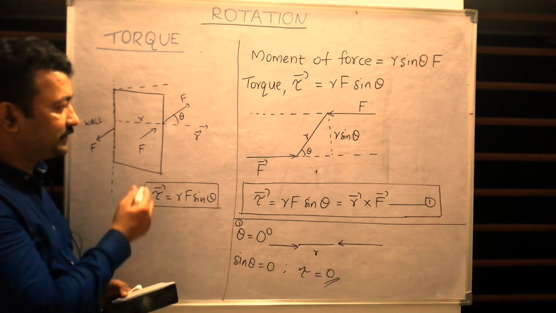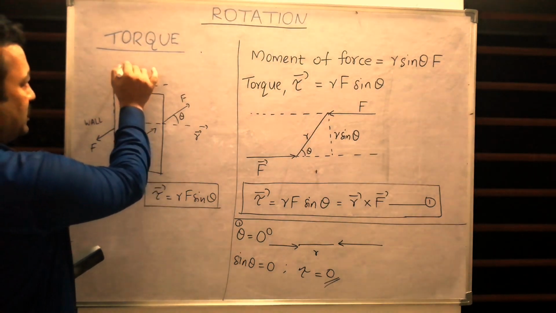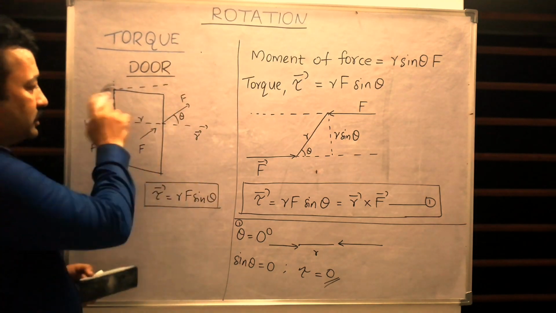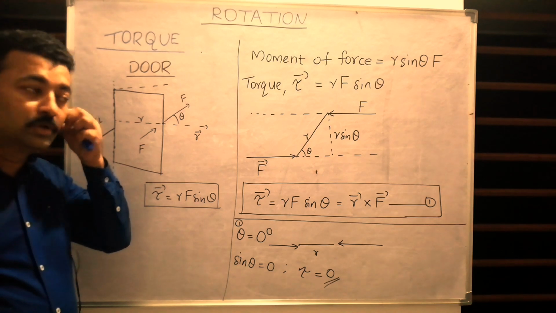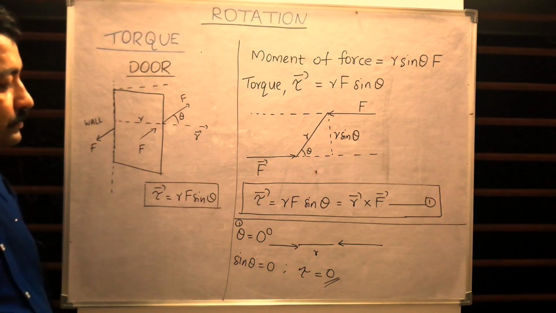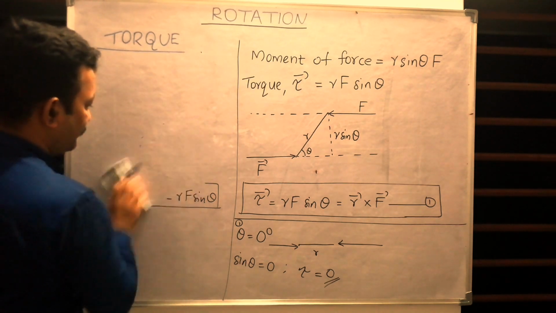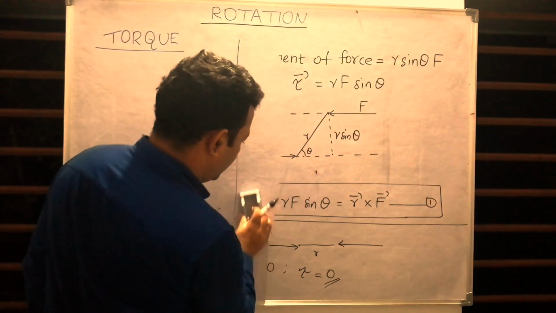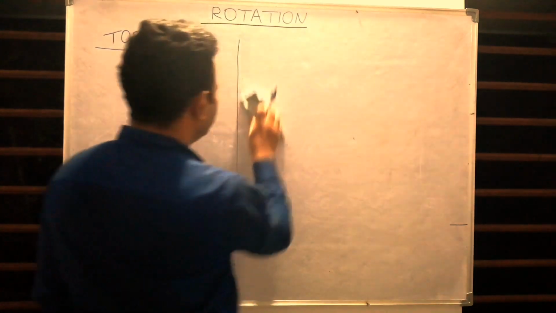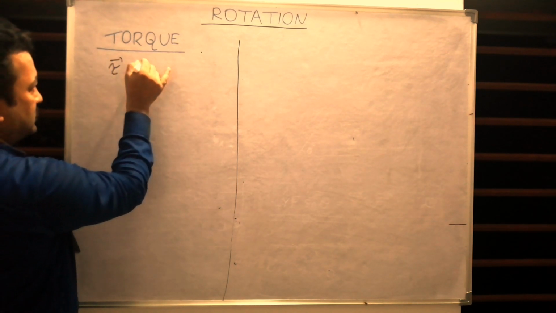The other end being fixed means it is cancelling the applied force. So you can apply that to problems of doors or problems of particles fixed at one end. So that is the way to get the mathematical form of torque. We have got torque equal to r cross F, or rF sine theta. Torque is represented as moment of